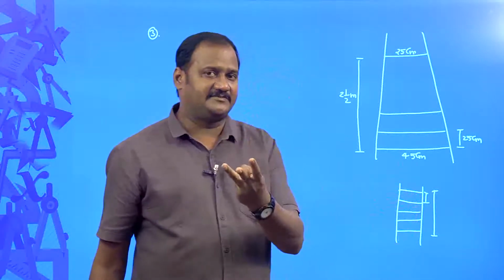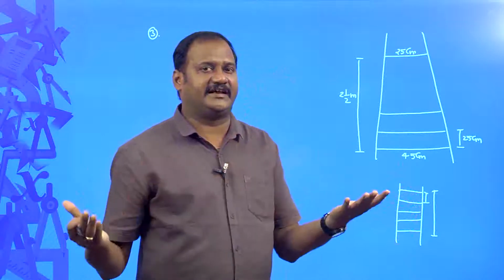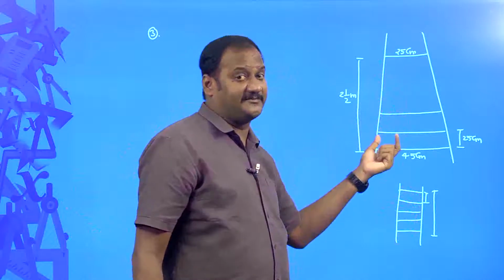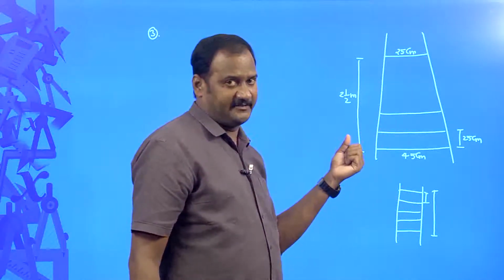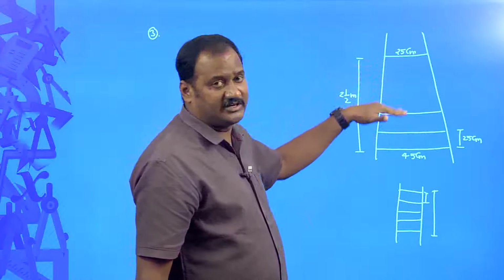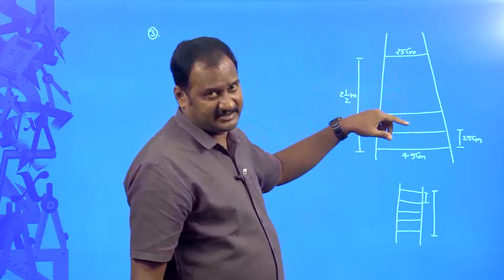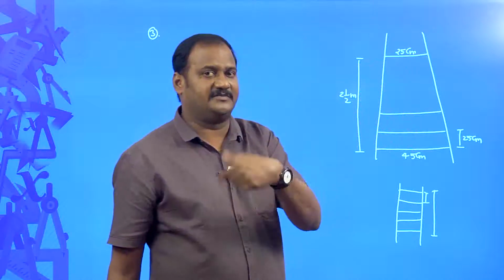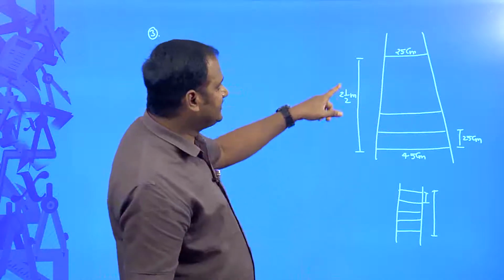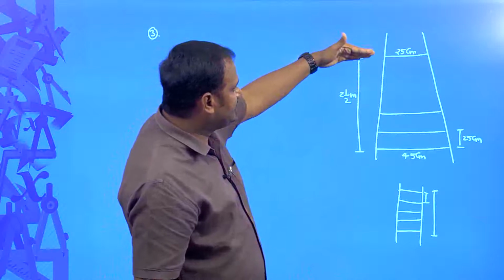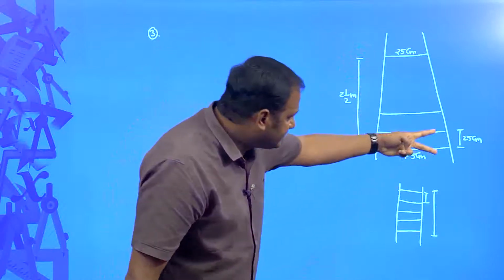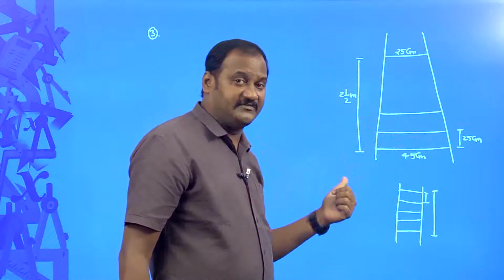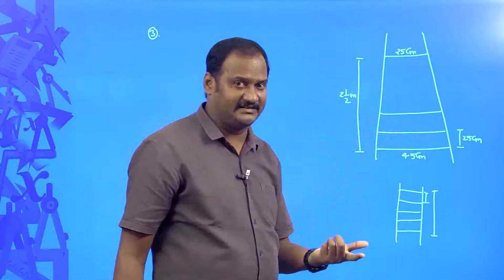If there are 3 gaps, then there are 4 rungs. If there are 10 gaps, there are 11 rungs. So, you can easily calculate how many gaps there are. Did you get my point? You can find out the total number of gaps between the rungs. If you know the number of gaps, added by 1 will be the number of rungs. See here in this case, we know the distance from the first rung to the last rung, and the distance between two consecutive rungs is also given. With the help of this, we can easily find how many gaps there are, right.